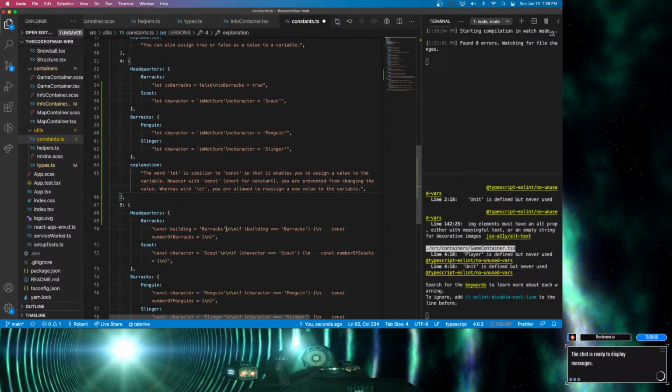Const building equal barracks, /n let number of barracks equals 0. Building triple equal barracks, number of barracks equals 1. Okay. Const character equals blah blah blah, /n let number of barracks equal 0, if da da da